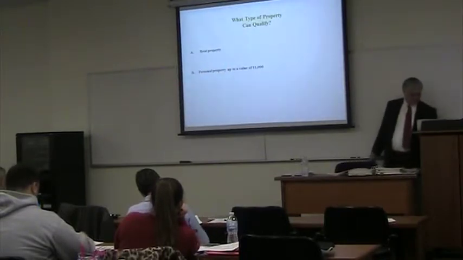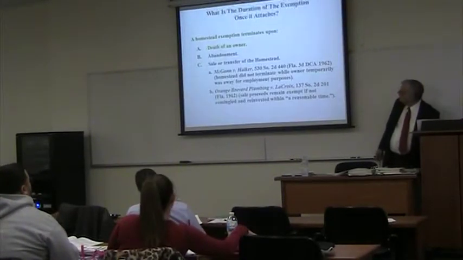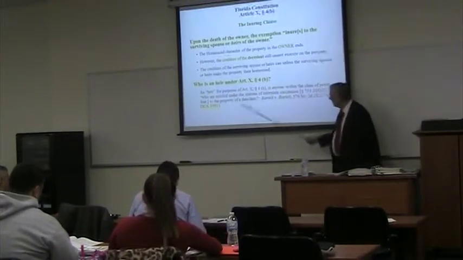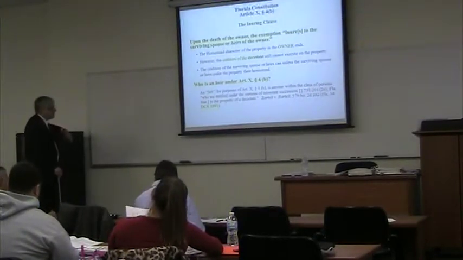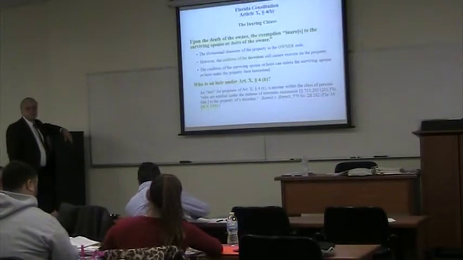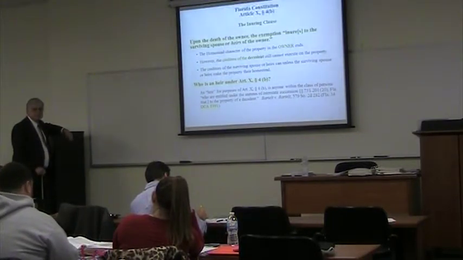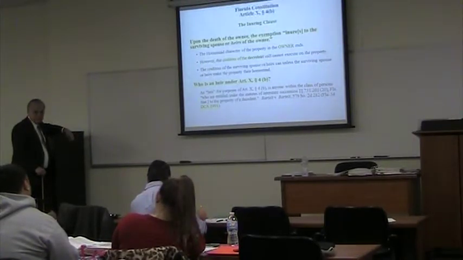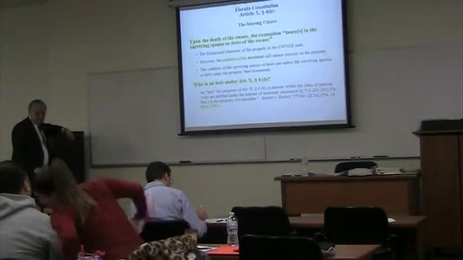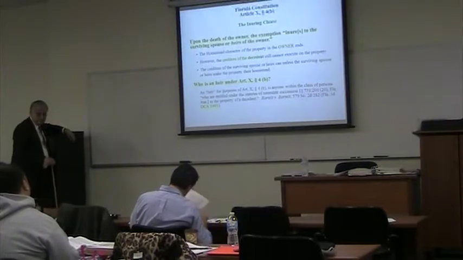Upon death, importantly, we get to section 4B. Upon the owner's death, the homestead character of the property ends. That's a critical point. That natural person is no longer there. One of the 3 requirements for property to be homestead no longer exists. Nevertheless, the benefit, this is the hard concept, the benefit that the decedent had, meaning the